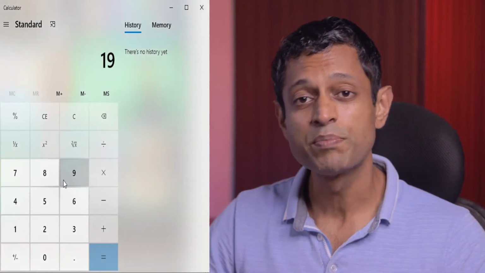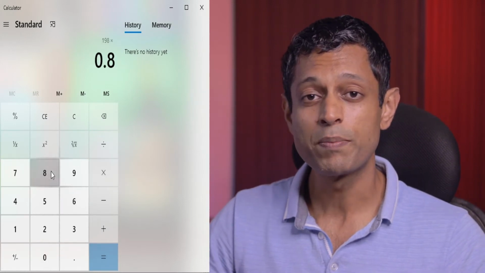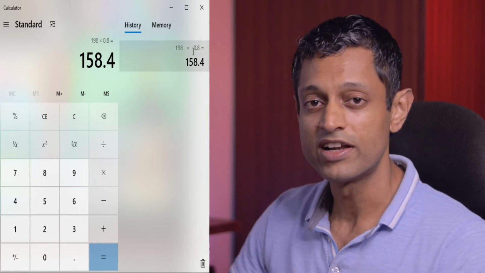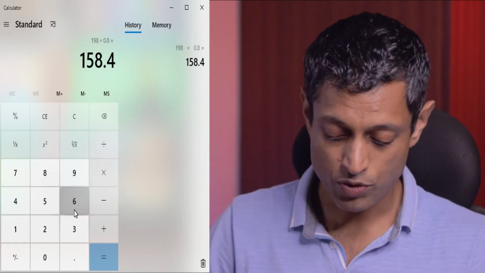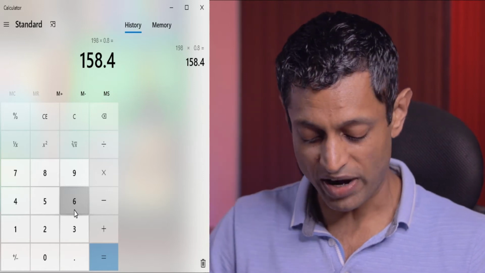Again, I've got a very simple formula for this. Your body weight in pounds, we multiply by 0.8 to get the amount of protein you require on a daily basis. So our individual weighing 90 kilograms requires 158 grams of protein. Let's go ahead and plug it into our software.